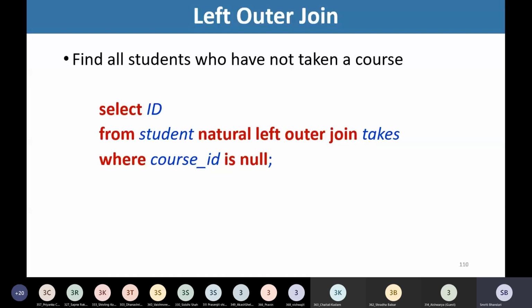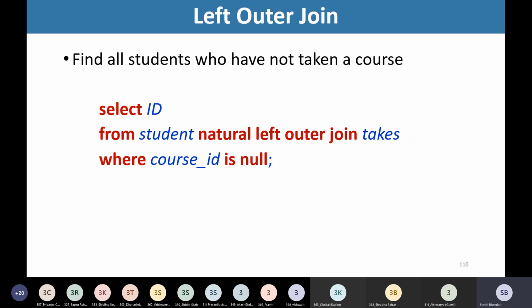There are several ways to write this query, but how are we going to use outer joins for getting this data? We want to extract only those students who have not taken a course. So see here how we are writing this. Select ID from student natural left outer join takes.